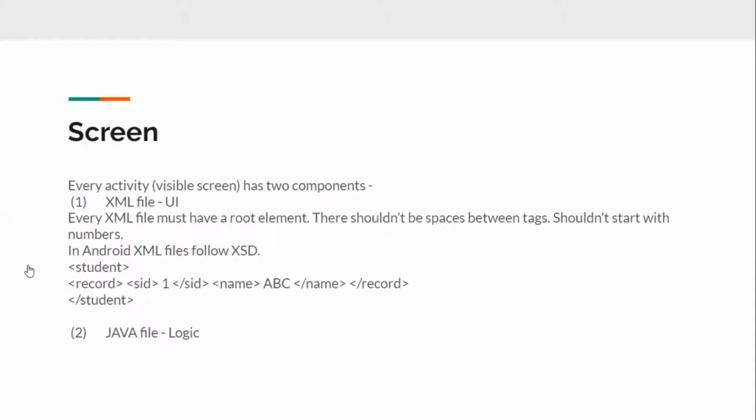When it comes to the usage of XML in Android, Android has its own XSD. That's the reason you cannot create your own tags over here, but I'll show you how to write your name in an XML file instead of using the Android tag. We'll see it later. XML is a format which is understandable even by C and C++ languages. Using XML, you can communicate between two languages, and it is also platform independent. After that, the second thing is Java. Now, this is something which is a beloved language.